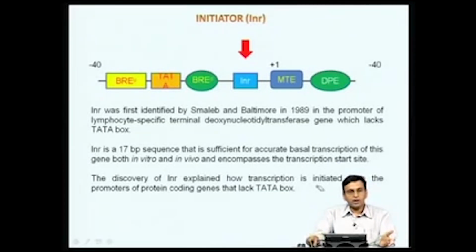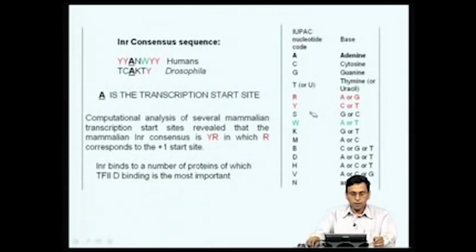So, once people started realizing that the TATA box need not be present in all promoters, they started examining how these TATA-less promoters are transcribed, and as a consequence of this research, at least one core promoter motif called the initiator was identified in 1989 by Baltimore's group. By analyzing a number of TATA-less promoters in a wide variety of eukaryotes like flies, humans and so on, people have identified a consensus sequence for the initiator motif. In humans, the consensus sequence is